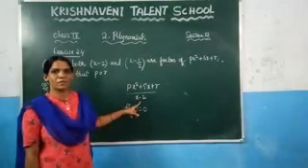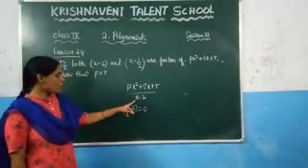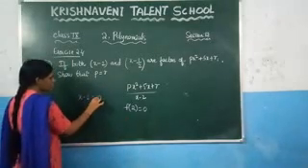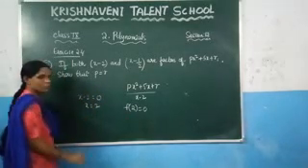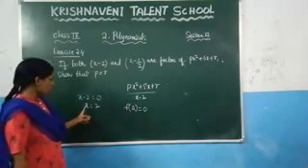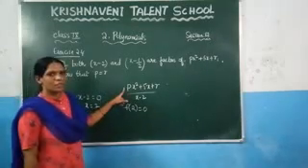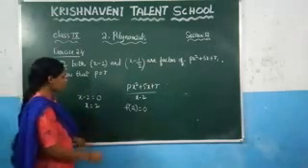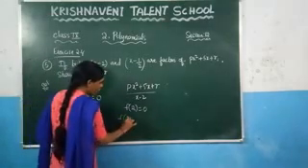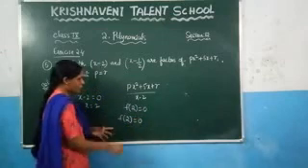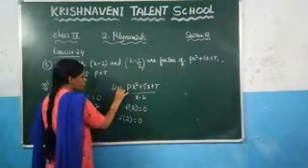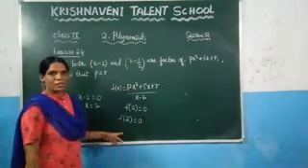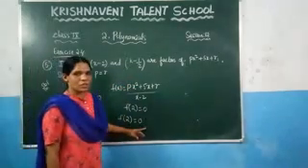In this case, what is the divisor here? x minus 2. What is the 0 of the polynomial? x minus 2 is equal to 0, so you get x is equal to 2. That means if you substitute this x in the dividend, you have to get the remainder as 0. So we can say f of 2 is equal to 0. Consider this as f of x. In place of x, if you substitute 2, you have to get the remainder as 0, which gives you f of 2 is equal to 0.